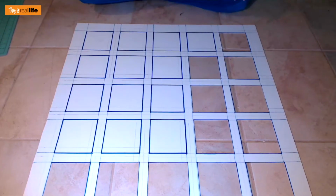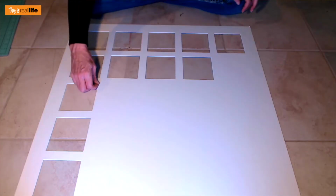These are how many more squares I have to cut out still. However, I will say it is getting easier. I'm getting way more comfortable with it. With each square that I do, I'm going a little quicker. Yeah, I think it is gonna look so amazing. Now I just have to pick out all my Instagram pictures, and I'm thinking I'm gonna do black and